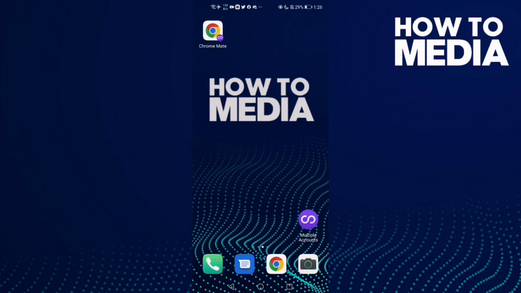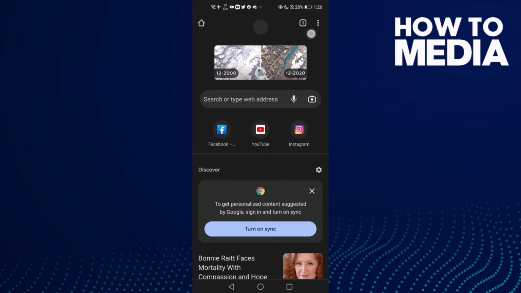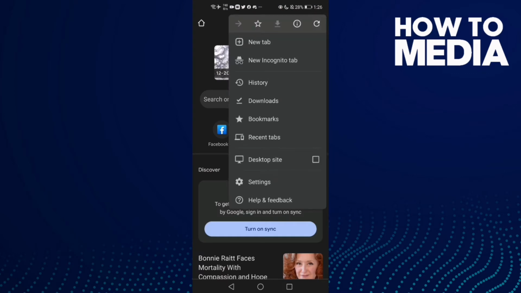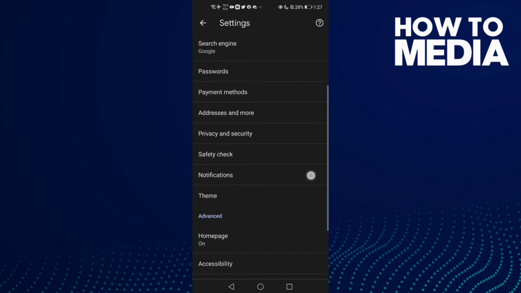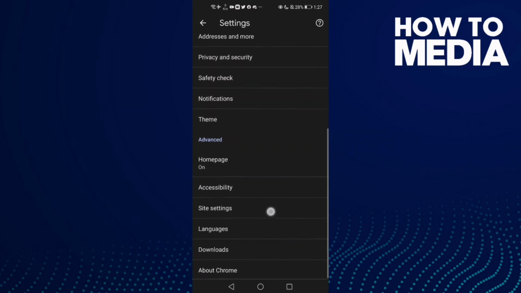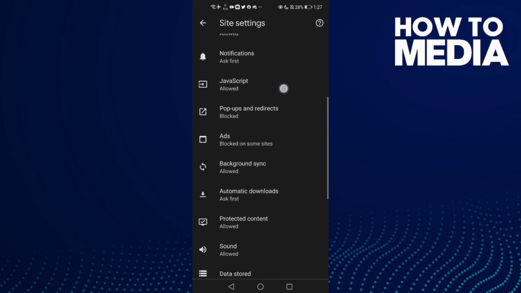First thing you're gonna do is go to Google Chrome and click these 3 points here, and then click settings, and now go down until you find site settings and click on it, and then go down and you will